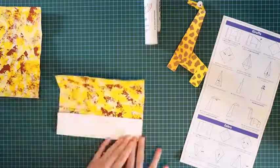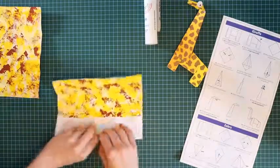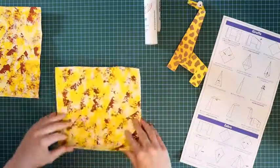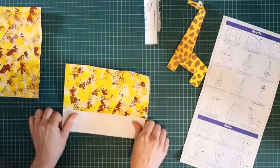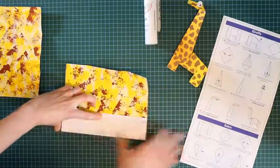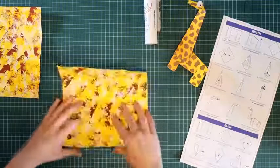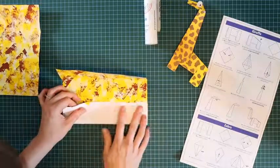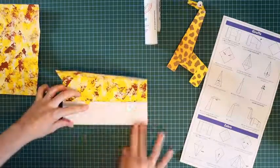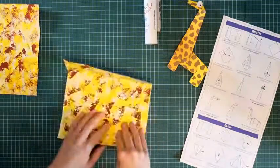Now don't worry if you've got this upside down or back to front, because you can always reverse the folds really easily. So fold that up to the halfway point and fold that up again. So now that we've folded it in half and in half again all the way around,